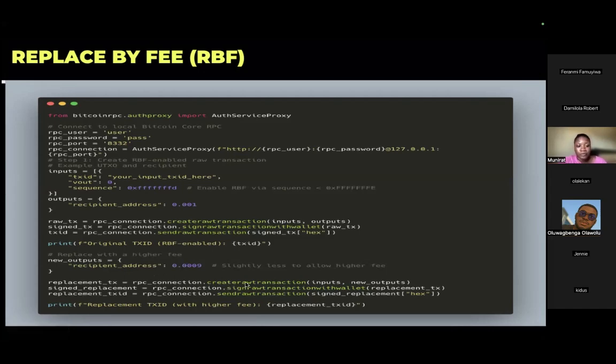Once it gets to the mempool, it replaces the previous one. And for you to replace it, you already have an idea of the fee. So that way it gets confirmed faster. So you can try to enable that. Even if the user will have control, you can just put a button: do you want to enable replace-by-fee for this transaction? If they say yes, makes sense. So they can come back when they say that it's pending. I'm telling them there's mempool congestion, or maybe there's some simple English you want to use so that you do not confuse them.